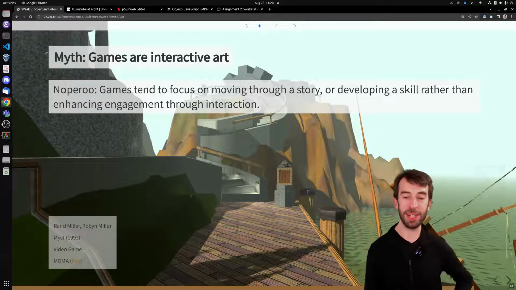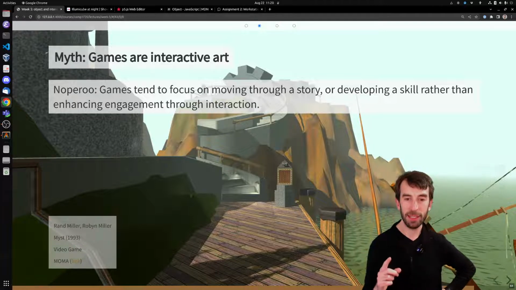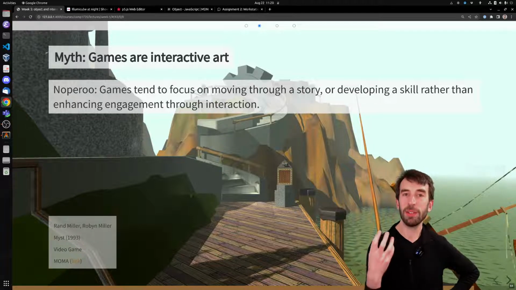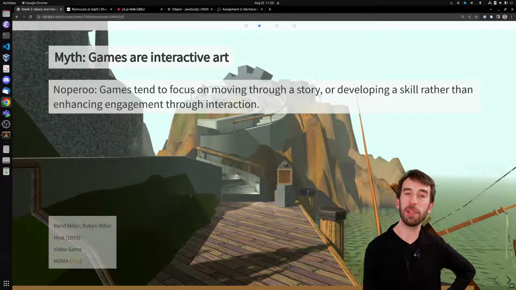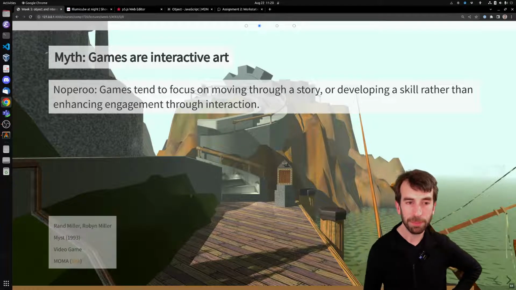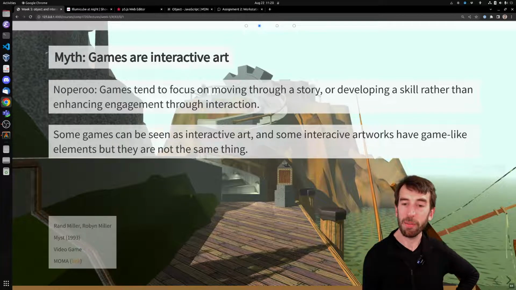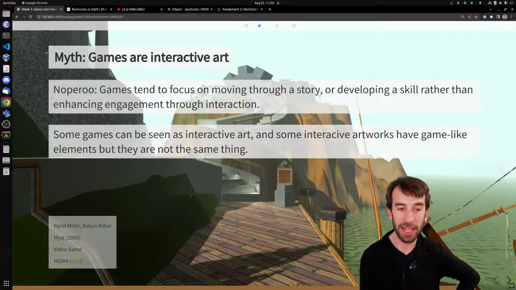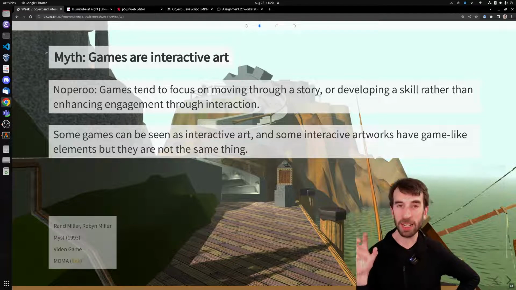And this doesn't mean I don't like games. You folks know I love games. Games are amazing. But games are a specific art form. They're a specific thing. They're not the same as interactive art. It's just a different type of art form, really. Some games can be seen as interactive art, and some interactive artworks have game-like elements, but they're not the same thing. And the games which are really interactive art,